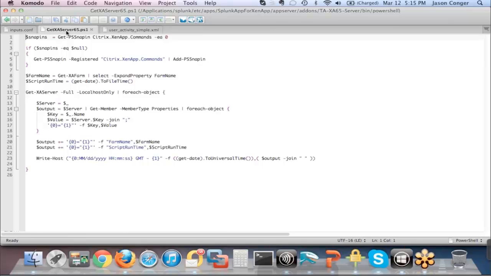If I want to collect more information and it's already a log file, you just tell Splunk to look at that log file. If you need to write a script to grab some data against an API, like the Citrix stuff here, you can write your script, test it, run it, and it's spitting out what you want, and then you just tell Splunk to run that script. Whenever Splunk runs it, whatever would have ended up on the screen is what ends up in the index. So it's very easy to get data into Splunk.